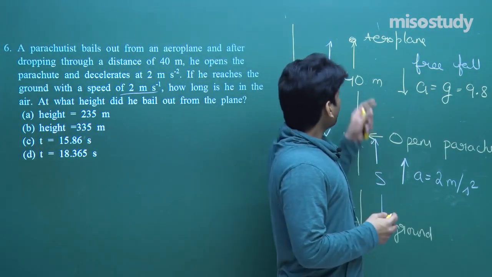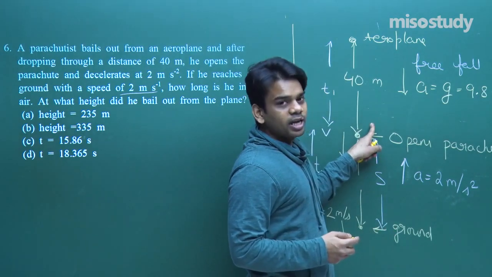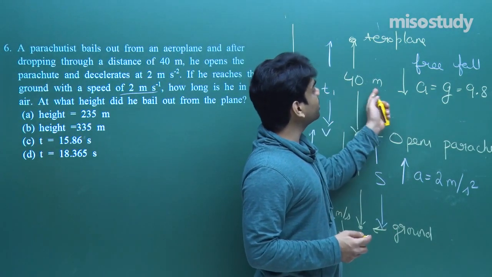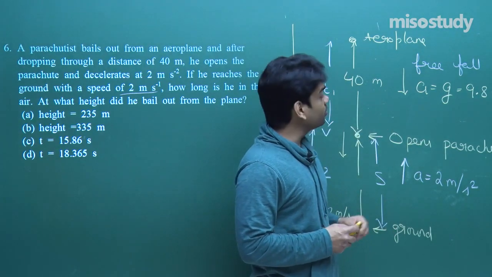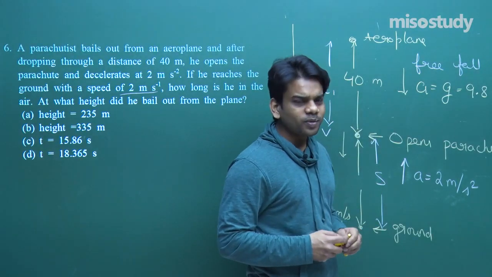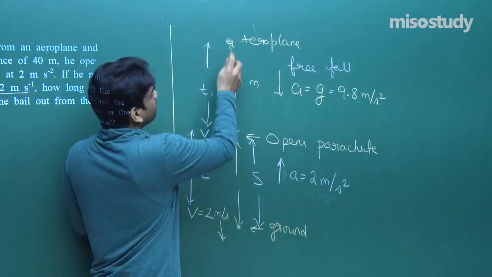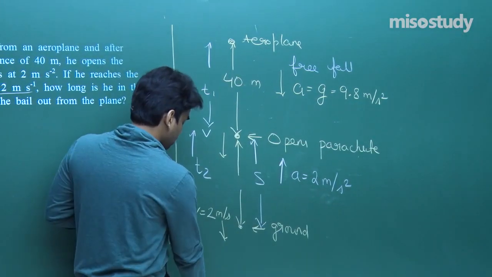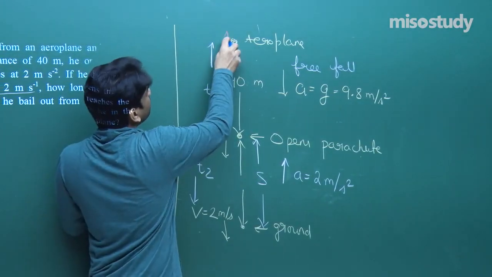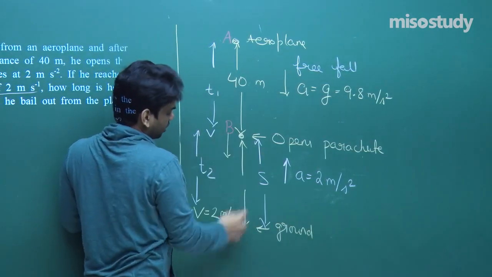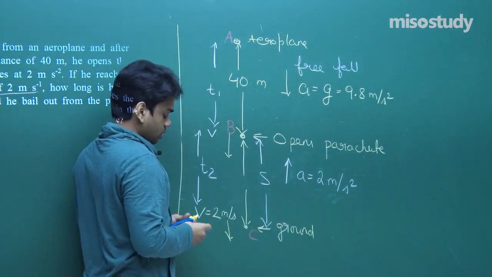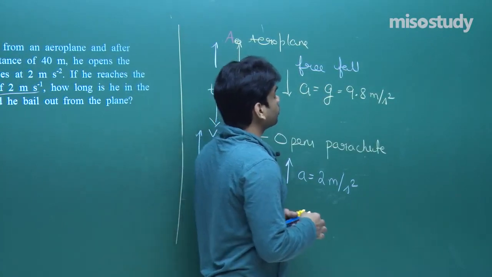Let's go ahead. Now from this to this motion, how to find out the time? 40 meters is given. So can we use s equal to ut plus half at square? And let me also mark, for simplicity, each of the terminals A, B, and let's say this is C. So the motion from A to B,